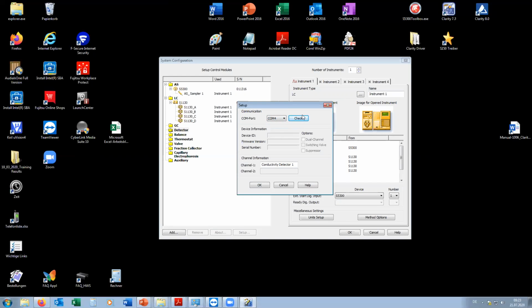Oh yeah, I forgot to connect the serial cable on the back, so it did not find it. But let's see now. There you go. COM5. Again, device ID, serial number, firmware, but there is an important